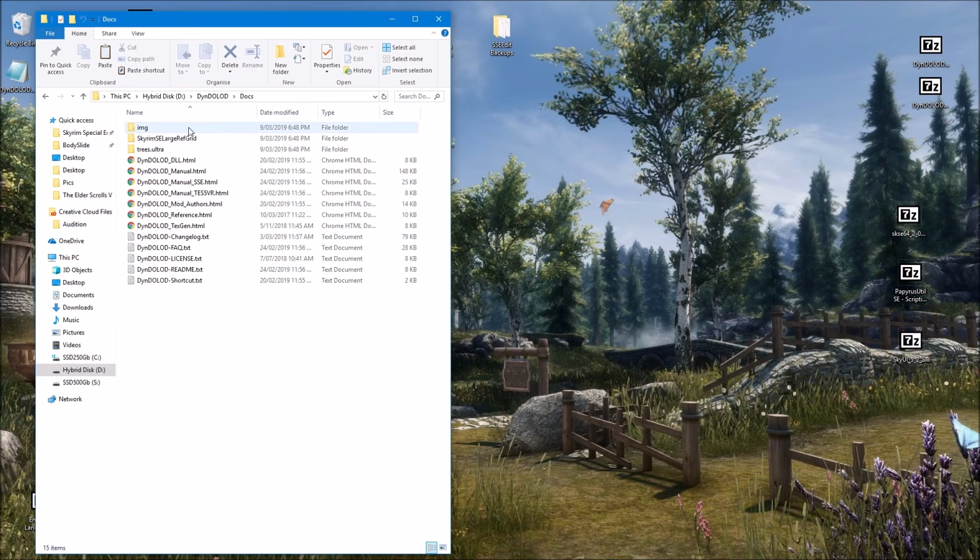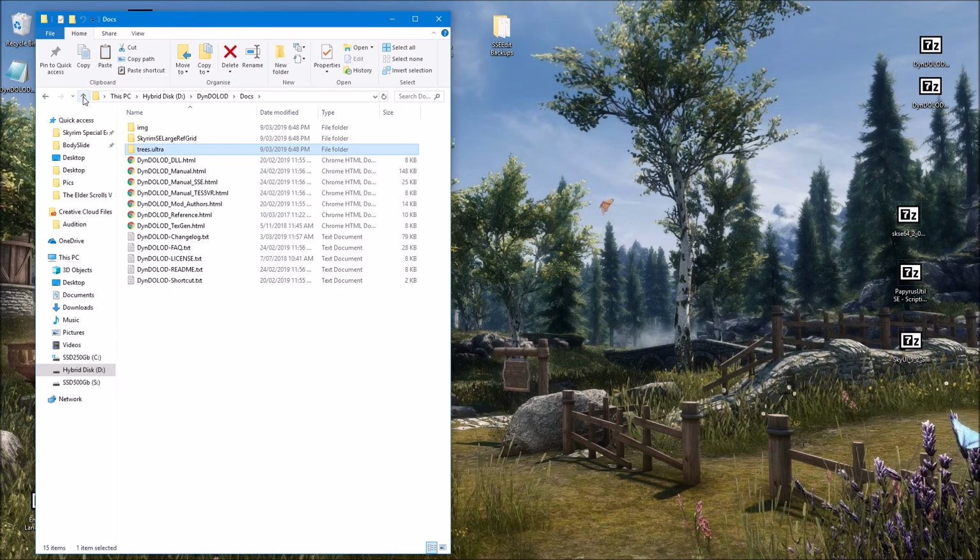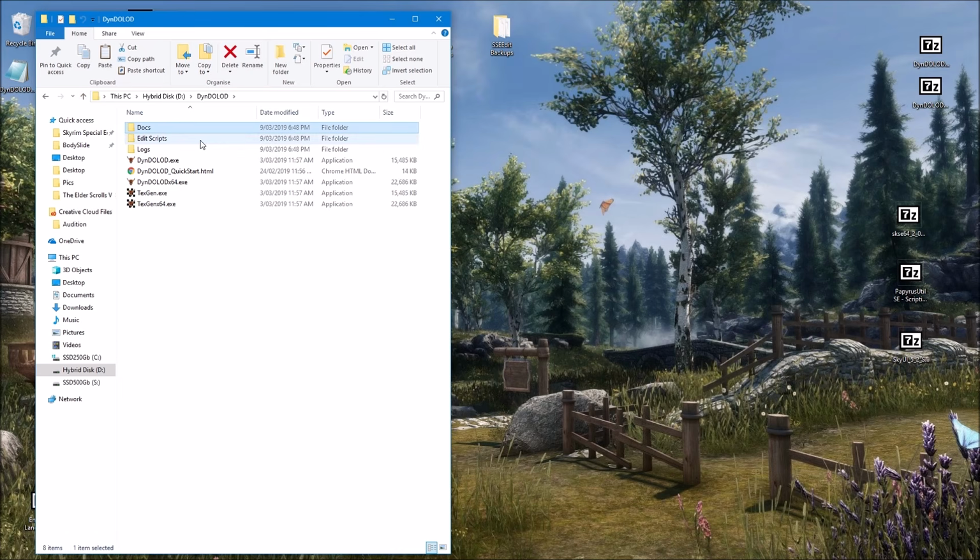So we've got a docs folder. You open that up, and then you've got all these links to websites online which tell you all about DynDOLOD, and I'd suggest you actually read through all of those to better educate yourself on how it works and how it runs. And you'll see there's a trees.ultra folder. Obviously that's what this tutorial is all about, so I definitely suggest you read that as well. Open up this one. I learnt a lot looking through there, so I'd suggest you do the same. Okay, so